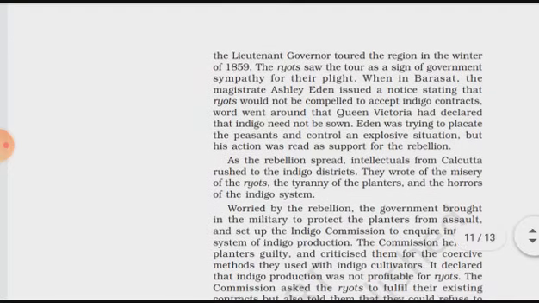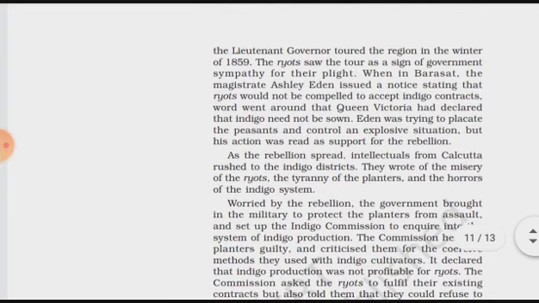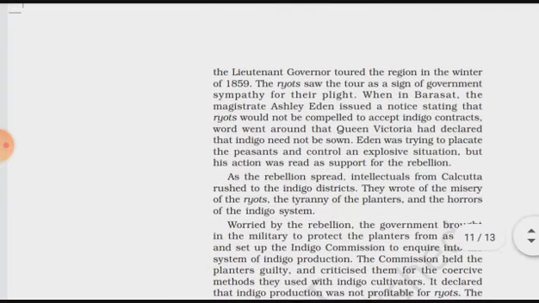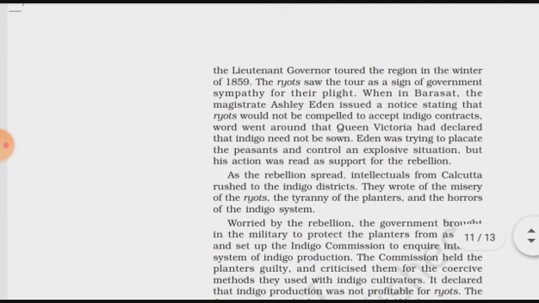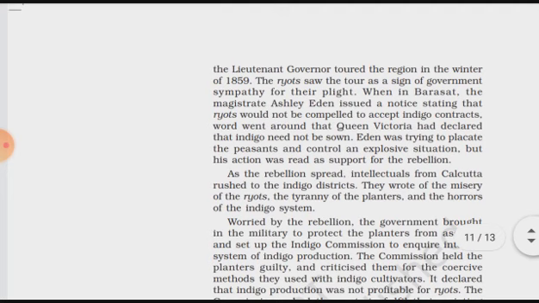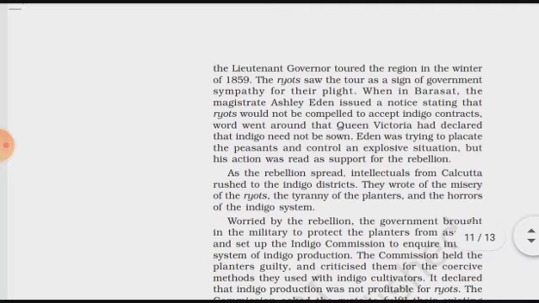The ryots saw the tour as a sign of government sympathy for their plight. So whoever the peasants, whoever the ryots were, they saw this tour of the governor as a sign of government sympathy, as government mercy for their plight, for their sorrow. Then